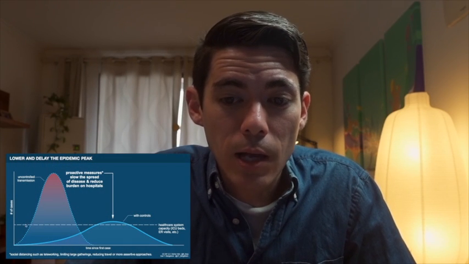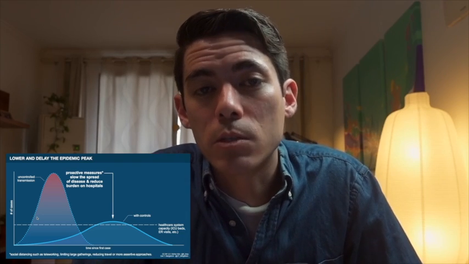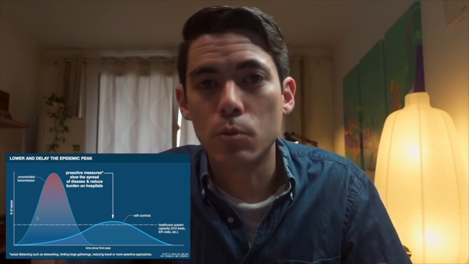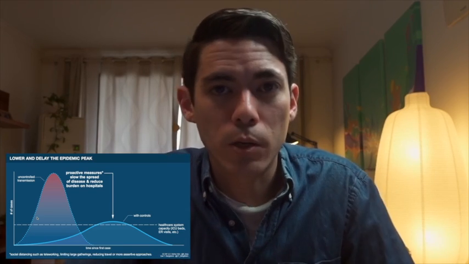Why would they do that? Well, the idea is that if everyone gets sick as fast as possible, we can develop a herd immunity. We can get it to the point where everyone's got it, we have the antibodies, we don't have to worry about it anymore. The problem with that is it's a very, very risky gamble to take, because once you get beyond this line here, it's beyond the ability of healthcare to care for these people. It's beyond the hospital's available beds, the available ICU rooms, the available respirators to care for people.